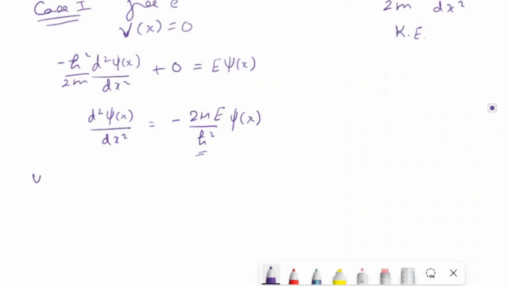So the solution of this equation will consist of trigonometric functions: a, which is any constant, cos of k x, plus b sine k x. It will be of this form. If we double differentiate this, we'll get